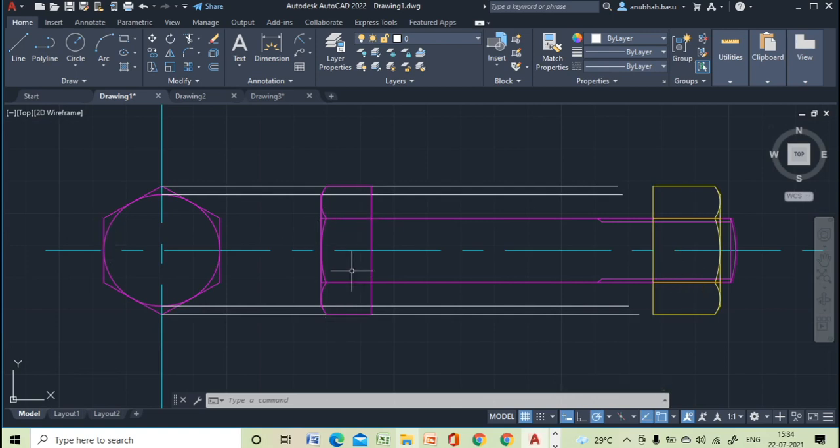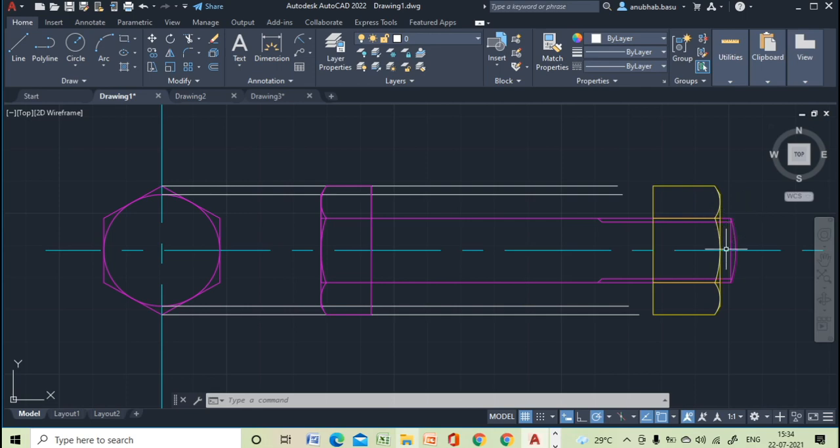Now as I have drawn the nut over here, which symbol will we show over here? Now when we look from this side, we can see the external thread first, then this nut will come.